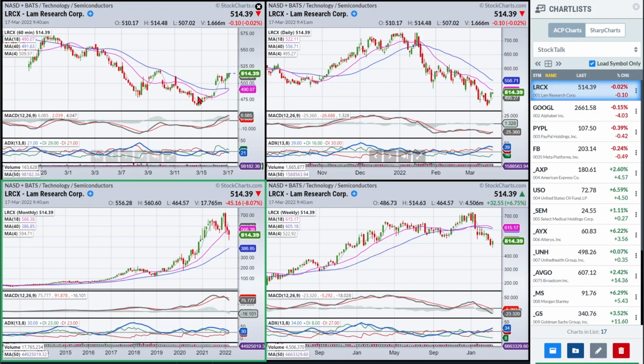But I wanted to show how I would be looking at a rally in this Lam Research, which I'm doing this Thursday morning, so it's updated now relative to where I was with the lesson. We can see that Lam Research has tried to start this rally phase. As I mentioned before, I think a conservative target would be right around this 550 zone on the daily chart, and so that's up here on the hourly.